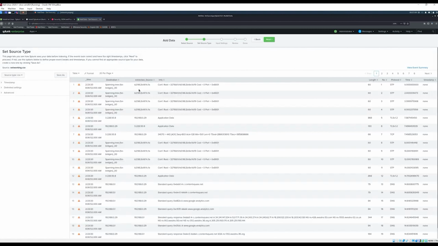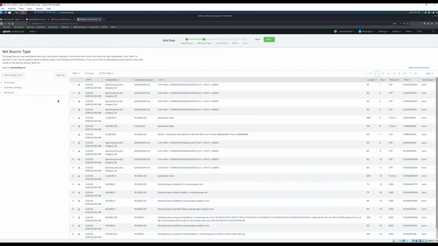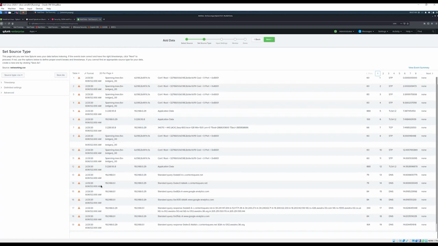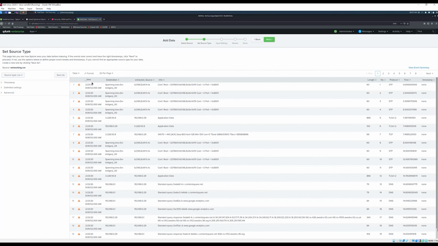and here we can set the source type. For now we'll just be going by the default, and as you see here, Splunk has already tried to set this up in a table format with different columns and so on. So we'll just be using this, but you can also create your own. But as Splunk is automatically seeing that this is probably network packets, it has created this nice view automatically. So we'll just be using this as default. So we'll click Next,